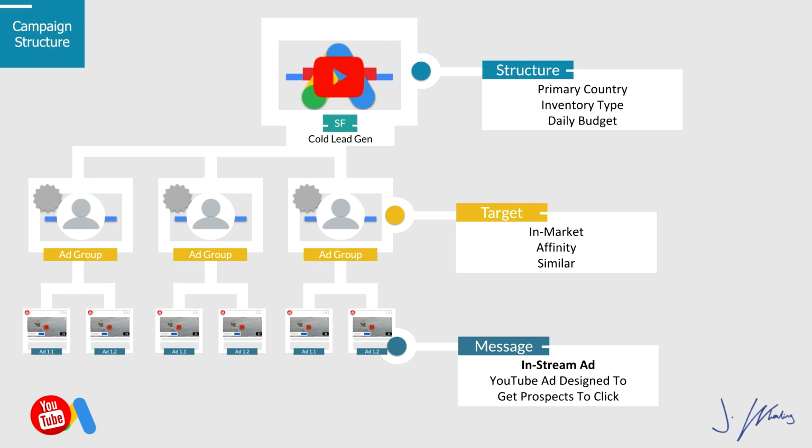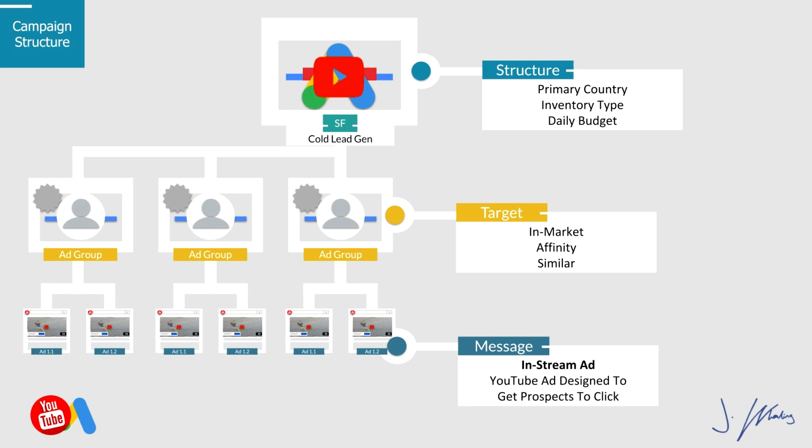So at the very top here, you can see our campaign. And this is where we're setting our budget, our geo-targeting, our locations, and our inventory types. That's exactly what we just went over. Underneath your campaign are going to be your ad groups. That's what we're about to set up right now. And your ad groups are where you're going to decide who you're going to target. Now, because you're driving leads and you're only spending $2.50 to $5 a day, and we want to make sure we maximize your budget, you're going to be targeting in-market and affinity audiences. That's part of why I named the campaign that we're working on in-market. We'll go through affinity in a little bit.